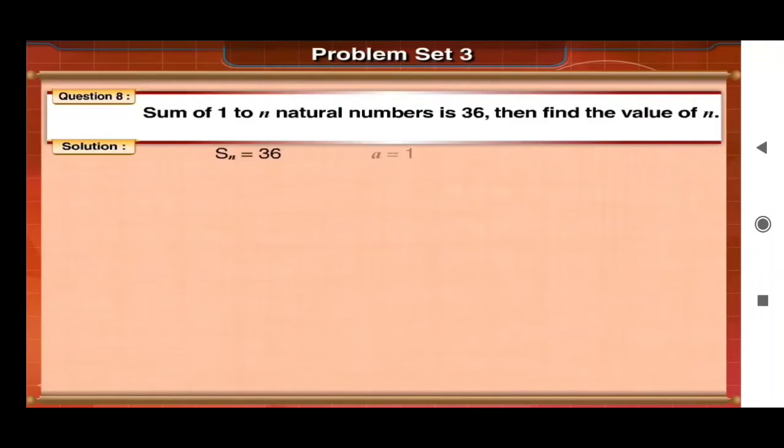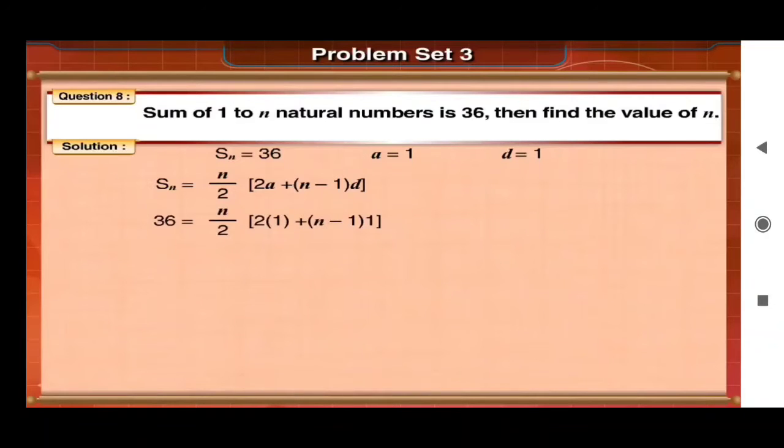a is equal to 1, and the common difference, that is d, is also equal to 1, as they are natural numbers. By substituting the values in the formula, Sn is equal to n upon 2 into 2a plus n minus 1 into d, we get 36 is equal to n upon 2 into 2 into 1 plus n minus 1 into 1. On simplifying, we get